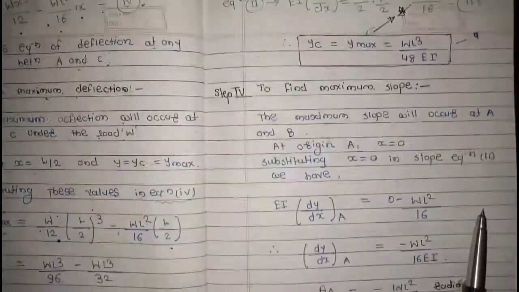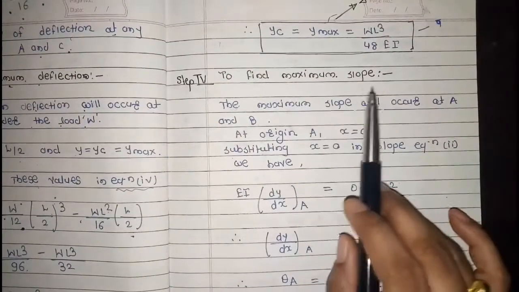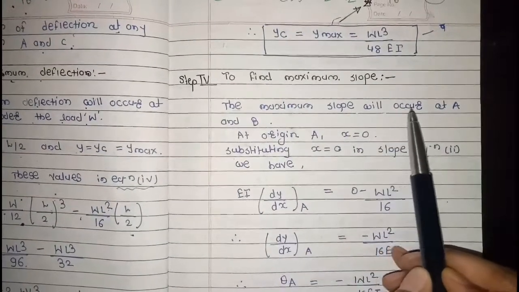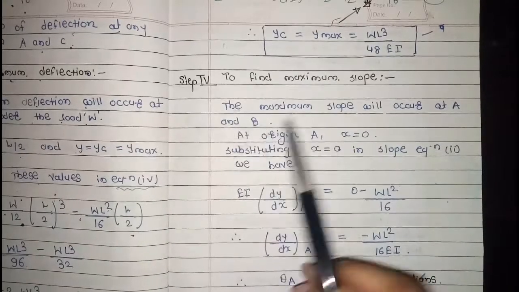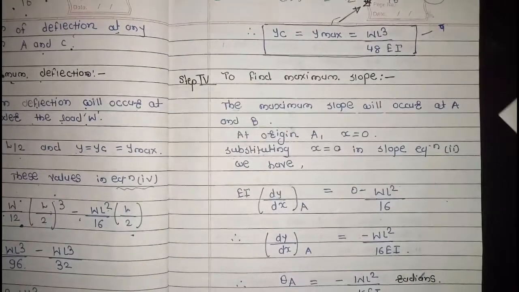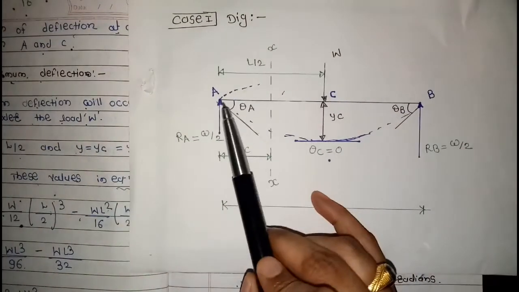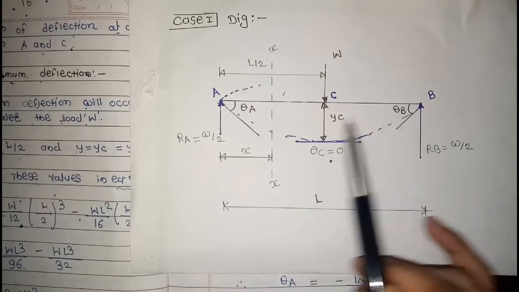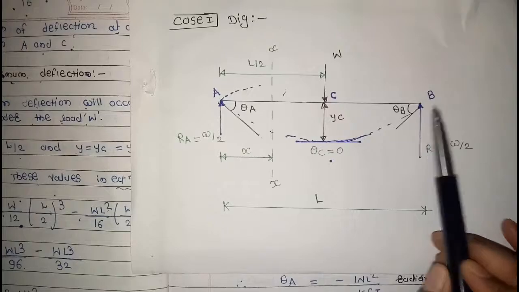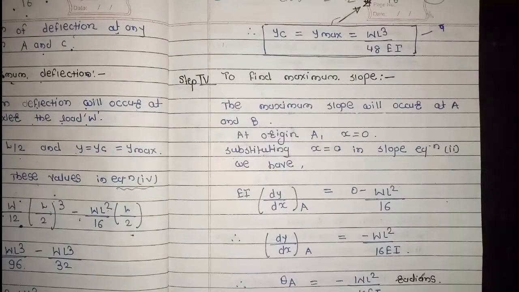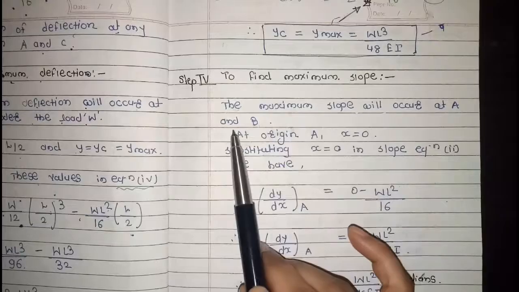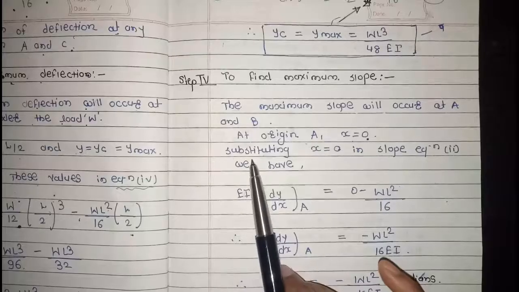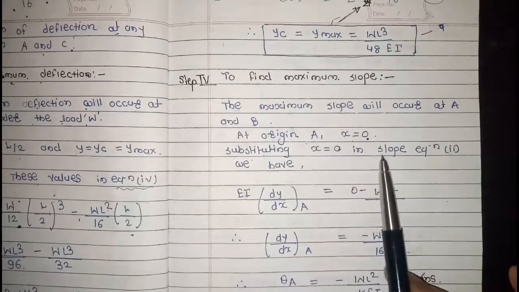Step 4, to find maximum slope. The maximum slope will occur at point A and B, maximum slope theta A and theta B. Maximum slope will occur at point A and B. At origin A, x is equal to 0. Substituting x is equal to 0 in equation 2,